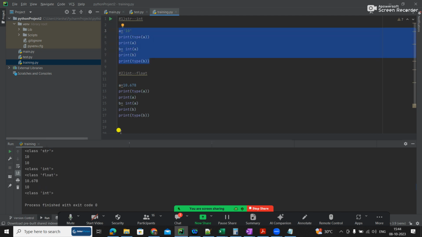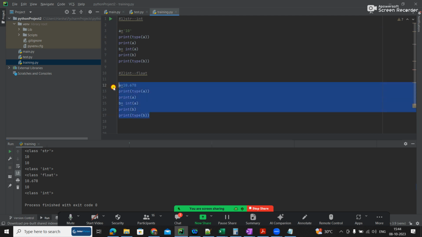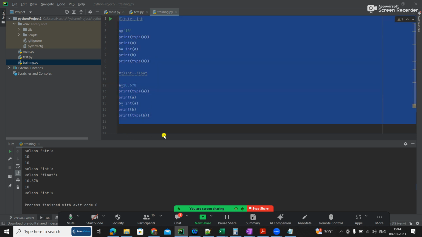And here also I am passing a float, which has to become int. Okay, these are the things. If you want, you can explore like this, even try some more combinations. Okay, so this is enough for now.